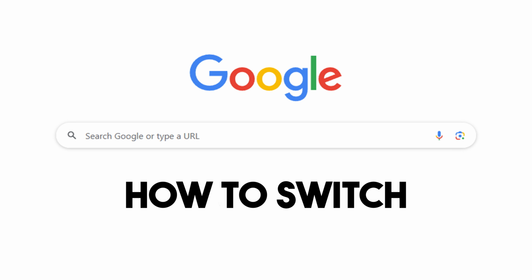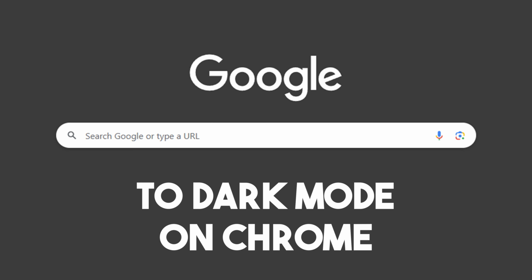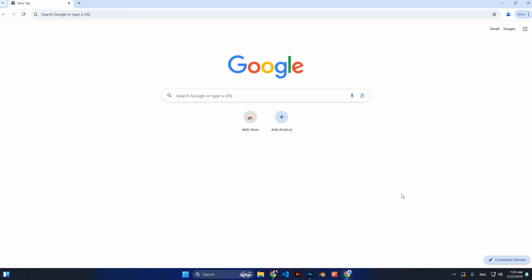Today we're going to learn how to switch to dark mode on Chrome. So first we're going to do it in the Windows version. All you have to do is open a new tab in your Google Chrome, which I already have, and